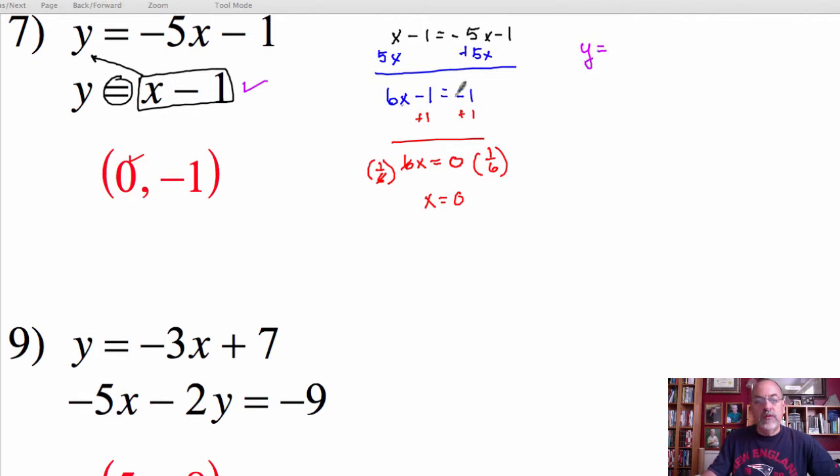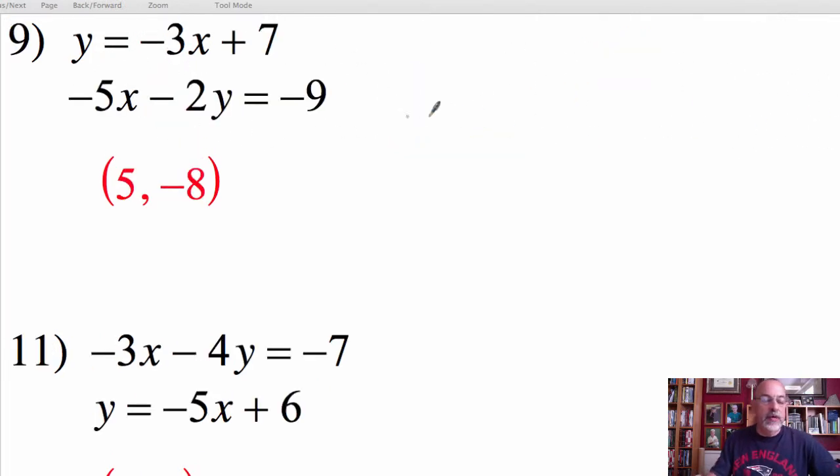So I have y equals, and there's a letter x. I'm going to substitute in the 0 because that's of equal value. That gives me minus 1, so y is equal to negative 1. So again, substitution allows us to determine the value of a variable by removing one of the two variables from the expression. On number 9 here we have again two equations, but we'll notice it is a little bit different